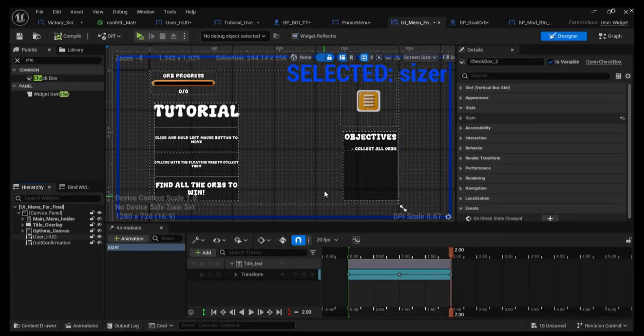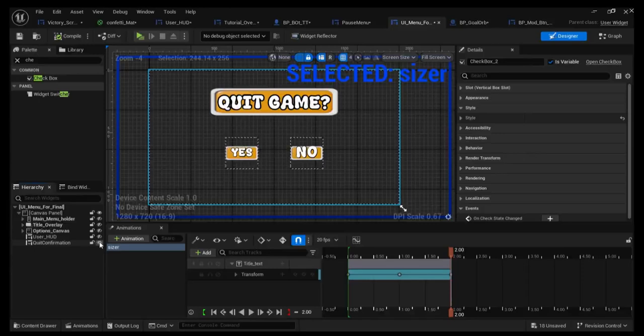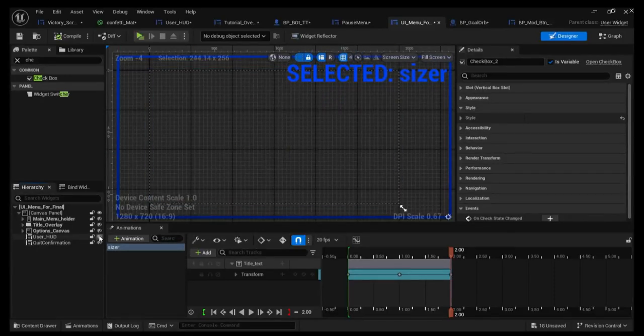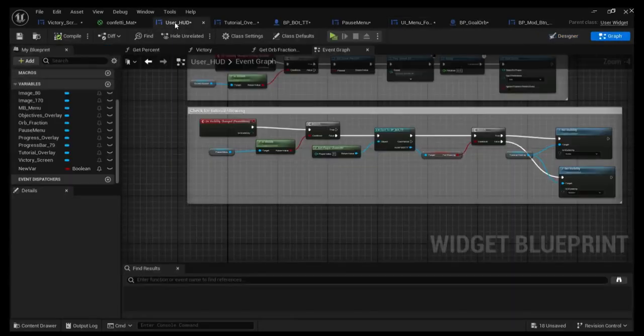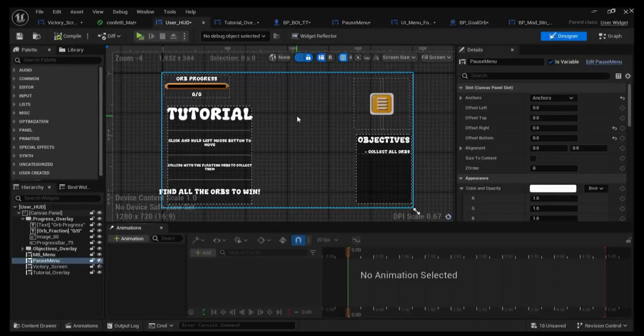Other than the options canvas, this is the main user interface, and this is what I mean by its nesting widgets, because this is the main UI for Final widget, and it now has the quick confirmation and the user HUD widget as part of it. We'll get more into the quick confirmation, how it works. The UI, the user HUD widget, which is what we're going into now,